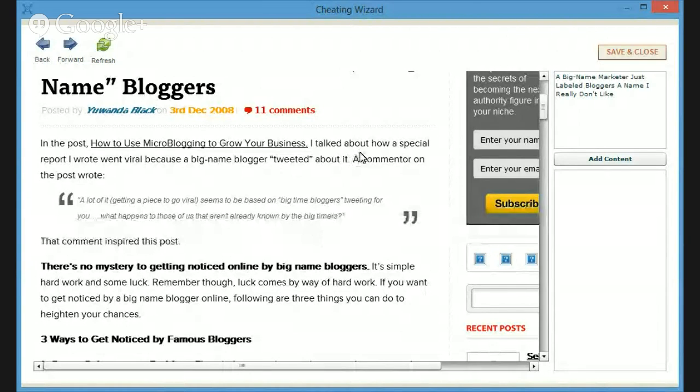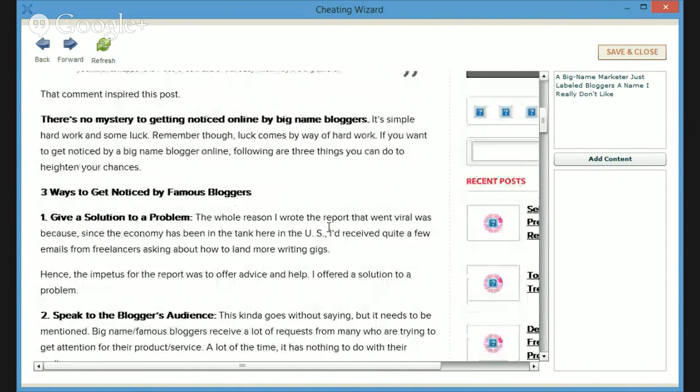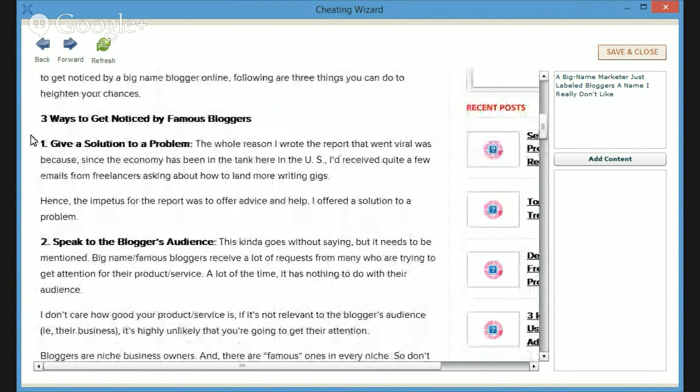But now you can see the content, and there's no mystery to getting noticed by big name bloggers. It's simple hard work and some luck. Remember, though, luck comes by way of hard work. If you want to get noticed by a big name blogger online, the following are 3 things you can do to heighten your chances.